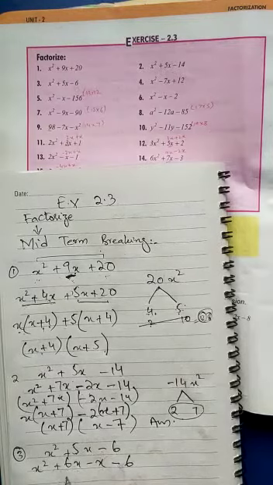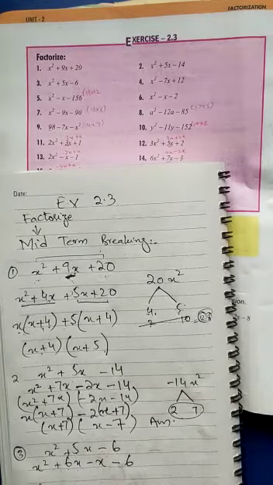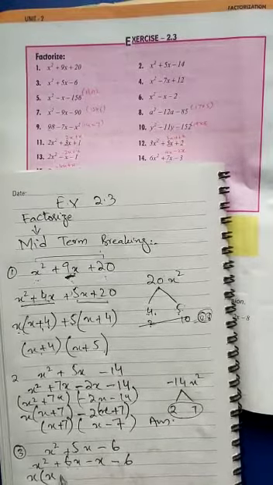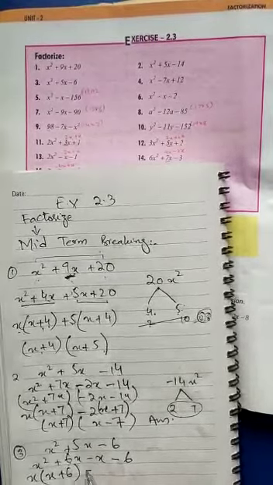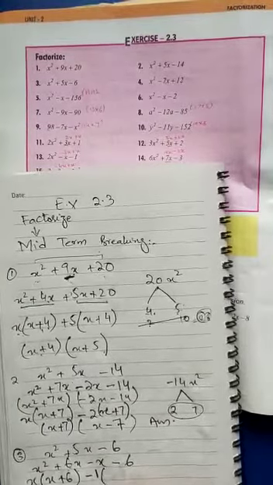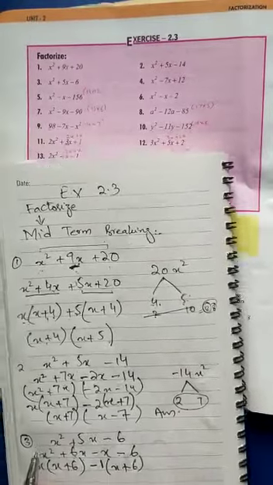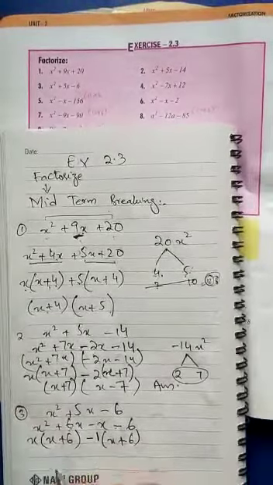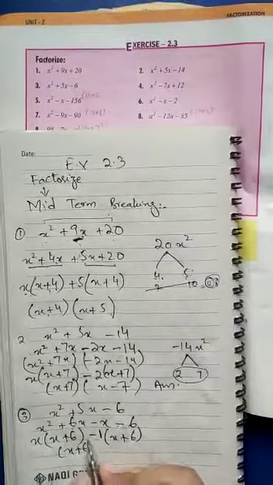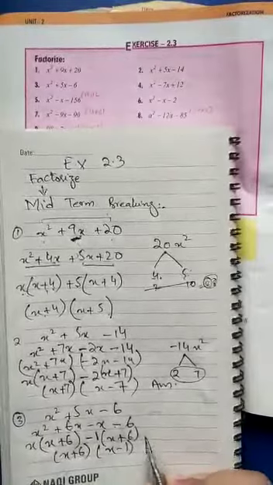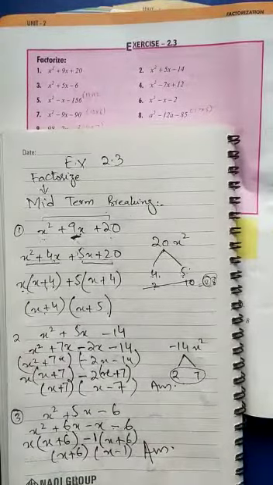In the middle term, when we break it and subtract, we will get the same value, and when we find the product, x into 6x will be 6x squared. So what is common here? Common here is x, we write down the common, and x plus 6. Here common is nothing, so we will write down minus 1 as a common, then x minus minus, it will be plus 6. So again we see that the common factor in both the values is x plus 6, and the uncommon is x minus 1. Hence we resolve them into factors by the method of middle term breaking.